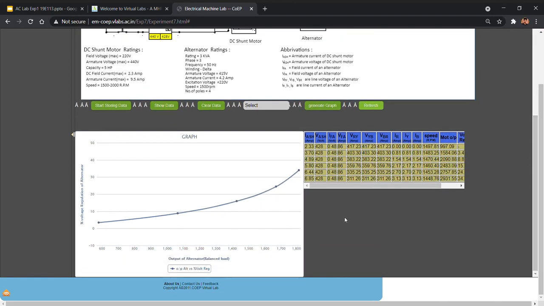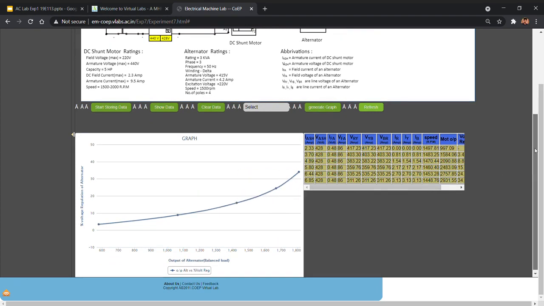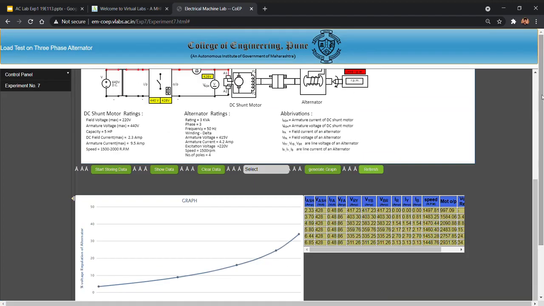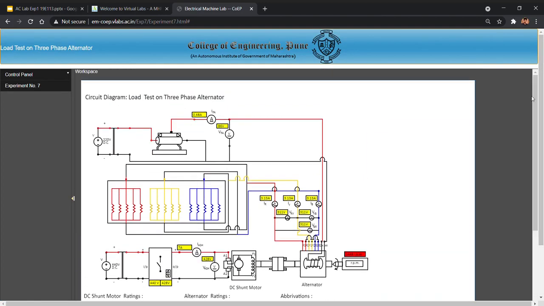So now we have conducted the experiments. Take a screenshot of this graph and attach it in the document. Now the experiment is completed. So let us decrease the field current by increasing the field rheostat resistance, and keep it in maximum resistance position, and disconnect the supply to the field and prime mover of the alternator.